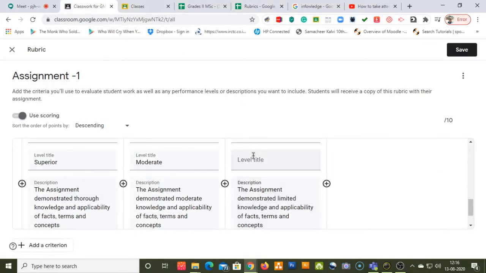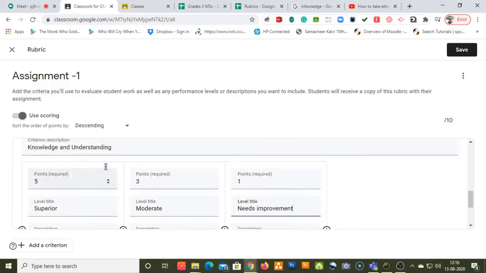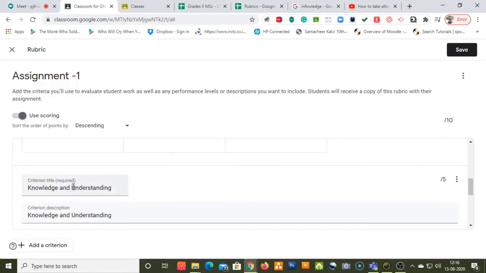I will give the description as needs improvement. So my second criterion is done. You can see my total points has increased from 5 to 10.